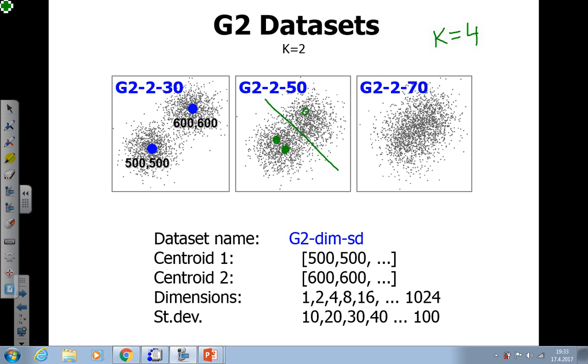If we have 2 clusters and 4 centroids, they should divide the clusters. I don't know how exactly, but 2 centroids should be in this cluster and 2 centroids in that cluster. That is the expected result by k-means or any successful algorithm. So instead of that, we started by giving k-means this kind of initialization, where we put 3 centroids somewhere randomly inside this cluster and 1 centroid inside that cluster. Then we look at what k-means does. The expected result is that it will move 1 centroid from this cluster to here. And if it does, then we record that as a success. So that's what we are doing here.